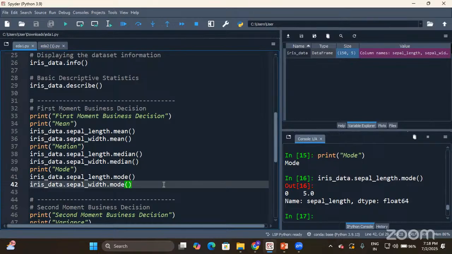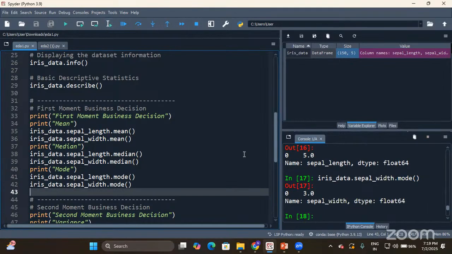Then let us calculate mode for the sepal width column. Just change the column name. This will return me the mode for the sepal width column. So in this way, I can calculate mean, median, mode for any given column. Whatever might be the column, the syntax is fixed. When I use the function, I can calculate the respective measure.